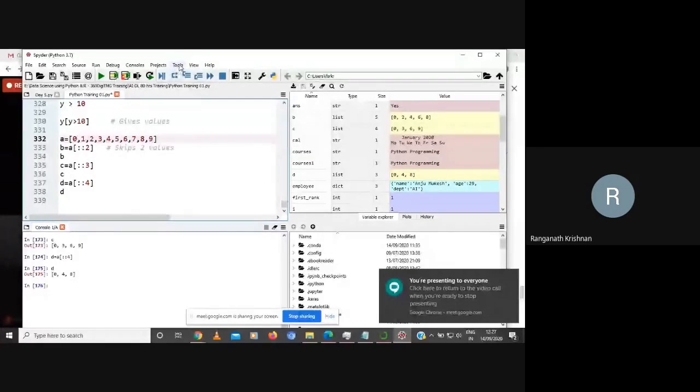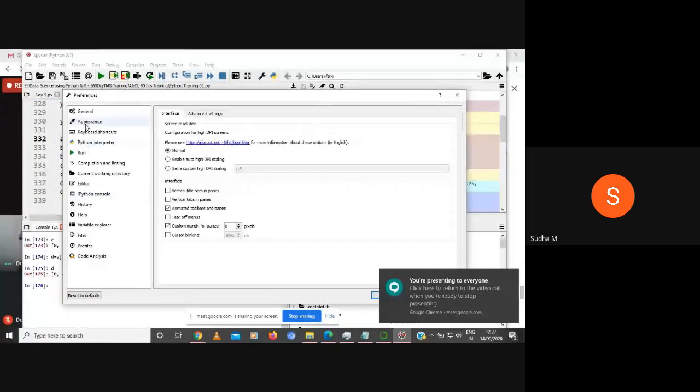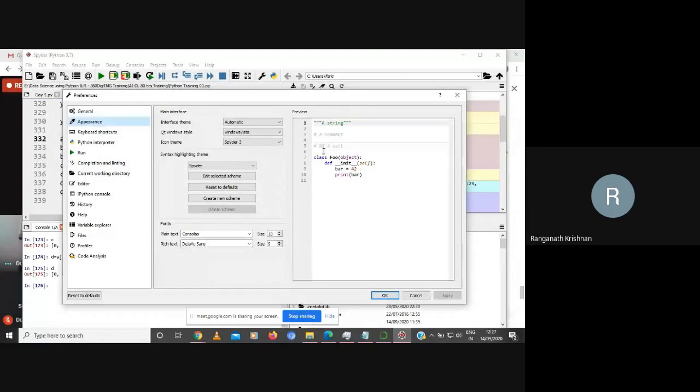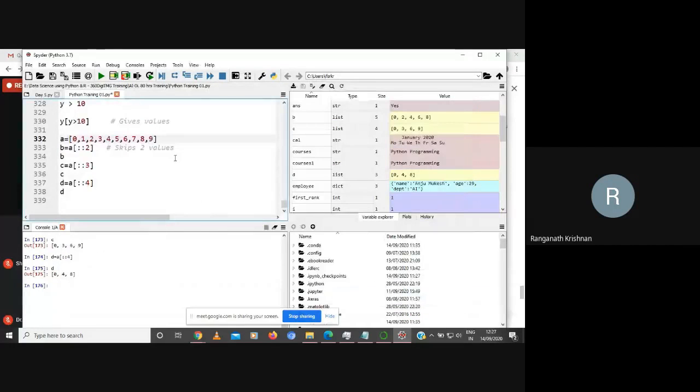The Spyder is black. Is the screen visible? Just go to tools and preferences. And you can change the color, whatever color you want. Appearance is here, right? You can change the appearance here, sir. Interface scheme you can change. Black, white, whatever you want, you can change. Go to preferences and change the color to white. I have it as white. Yes, madam. Next question.